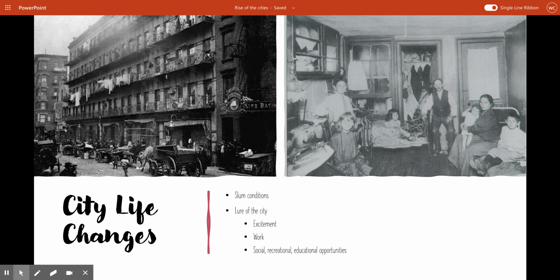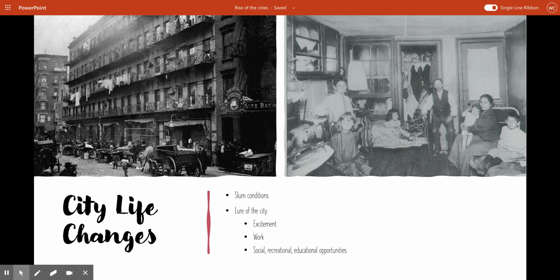And then there's those social, recreational, educational opportunities that you can't find in the rural areas, but you can find them in the bigger cities, in the urban areas. So, for example, you can go to the opera. You can go to a music hall and see a concert or a drama performance. You can go to a museum, a library, or watch sports like tennis and boxing. And so all these things are going to factor together to cause urbanization, this rapid growth of cities and these